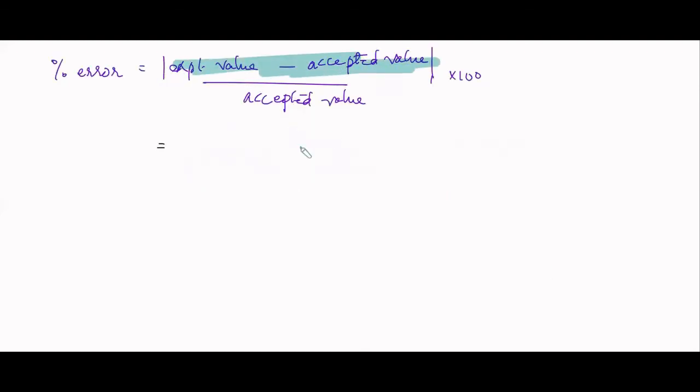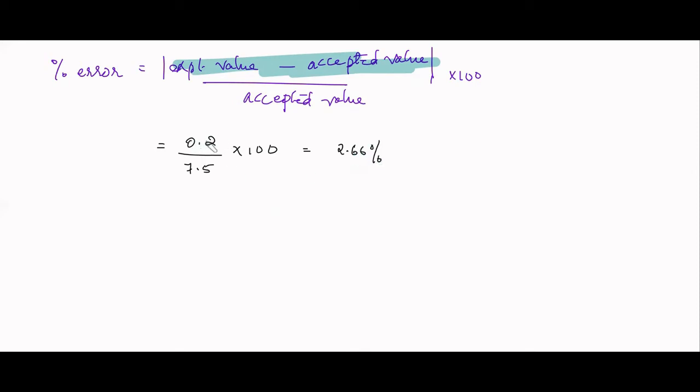It is given to be 0.2 plus or minus. The modulus will be making it positive, so we need not worry about the sign of it. By accepted value. The accepted value is 7.5. We have been using 7.5 in our calculation. So that is the accepted value times 100. So we will be getting it as equal to 2.66%.